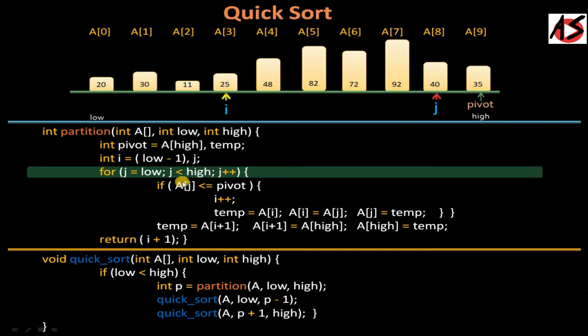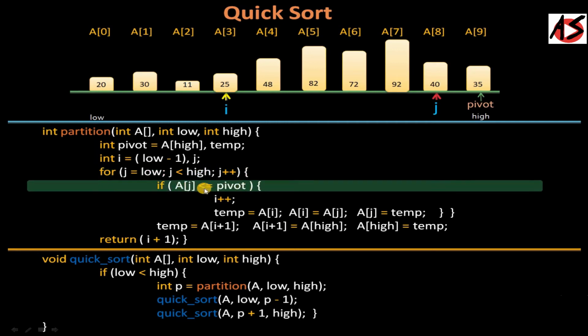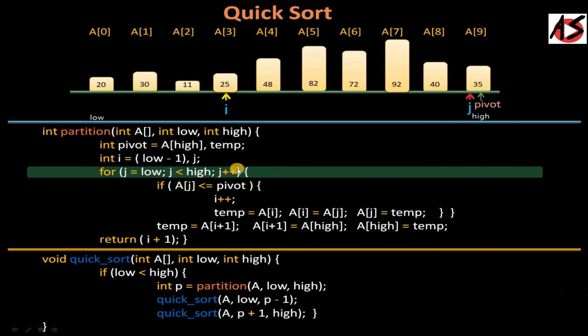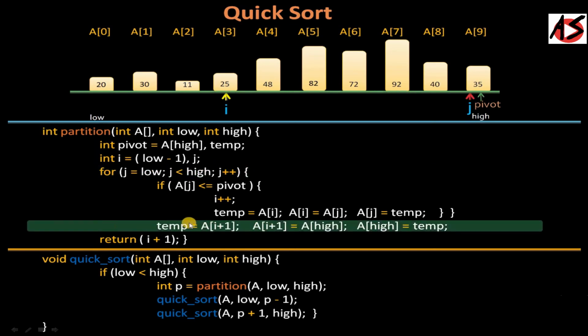High is 9. 8 less than 9. Condition true. You are checking the next condition: A[j] less than or equal to pivot. A[j] is 40. Pivot is 35. So condition false. Now increment j by 1. So your j is now 9. High is on 9. 9 less than 9? Condition false. So you are coming out of the for loop, and from this code you can see here you